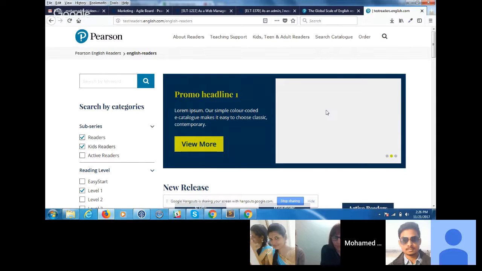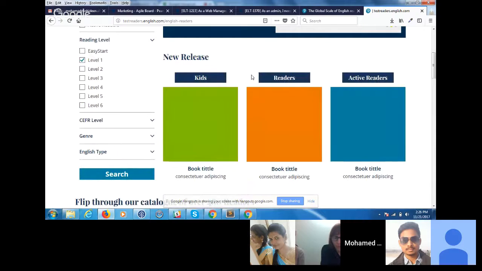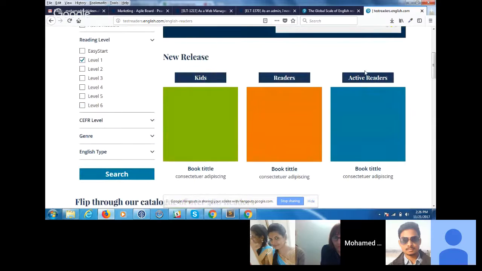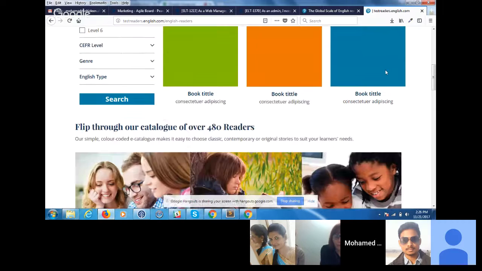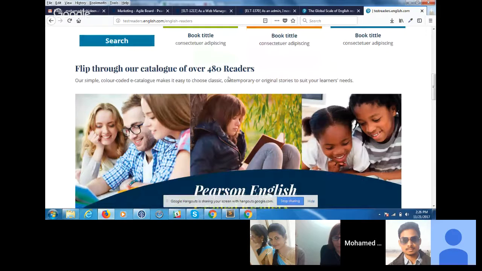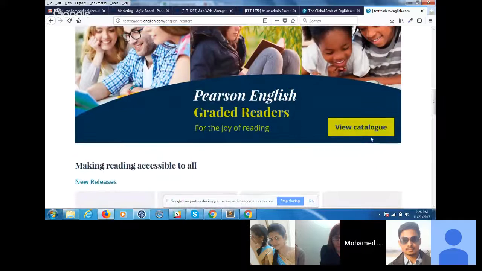the banner. The second one is new releases, and it includes the same block and carousel. It is a single block and it is editable, and we can edit the content and images at any time. The next one is the flip chart about the catalog of over 480 readers. This is also a dynamic block. We have some text and images only here, and we have added the view catalog button, and everything is editable. Once you provide the details, we will replace it, and it is also